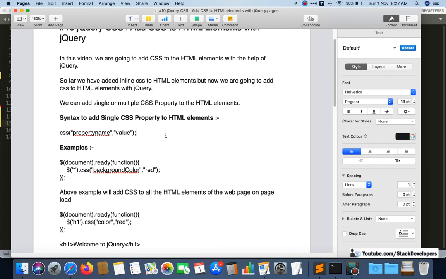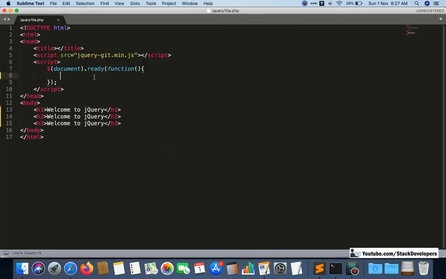Suppose for the complete document we can give this star to apply the CSS property. Star means universal, it will apply to the complete document, to all the HTML elements.